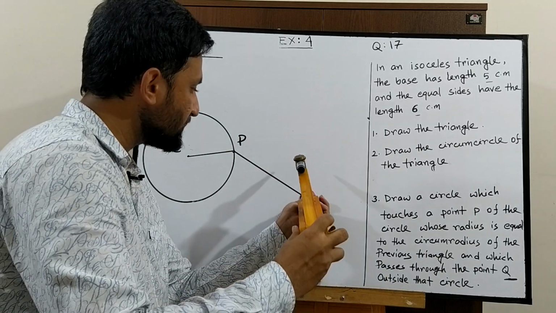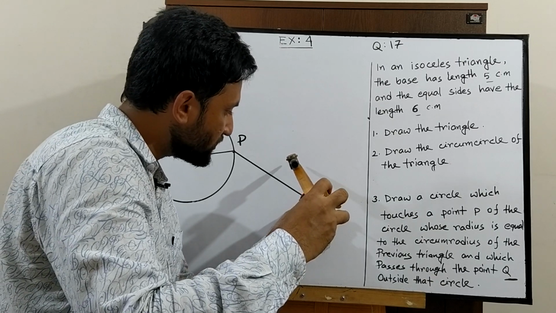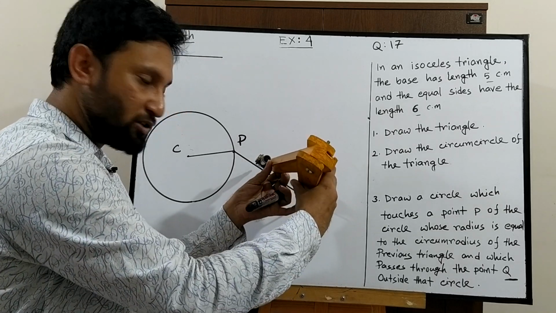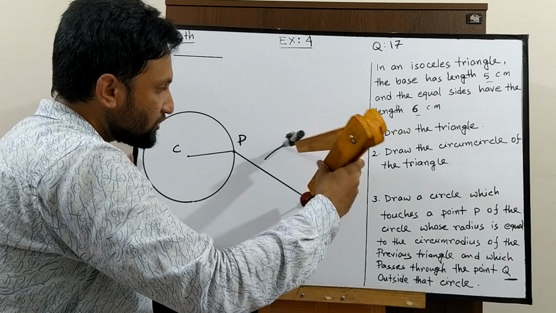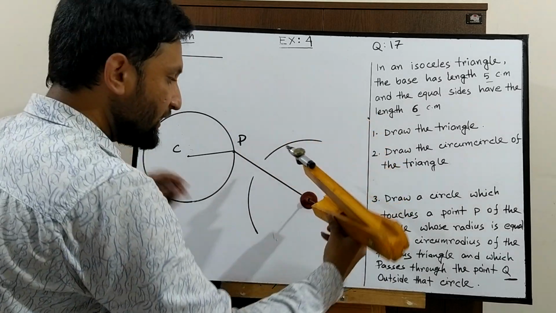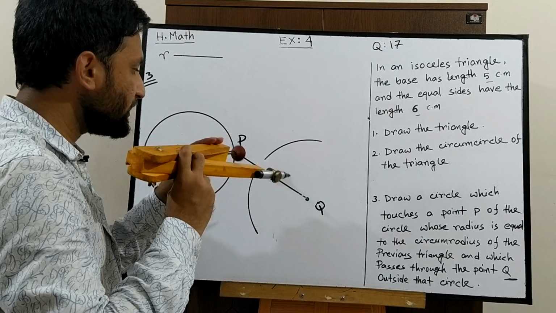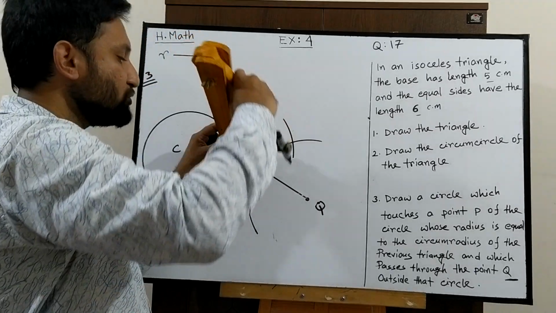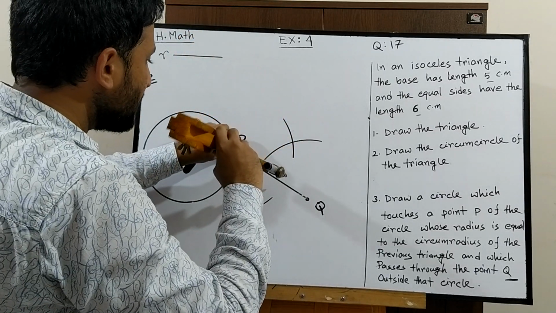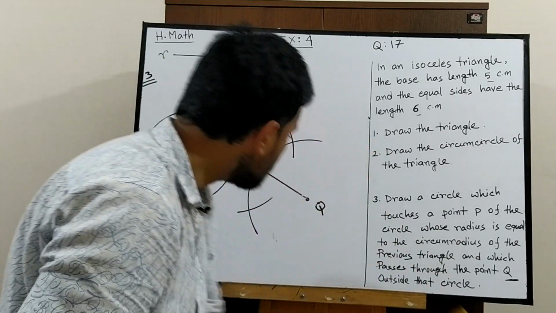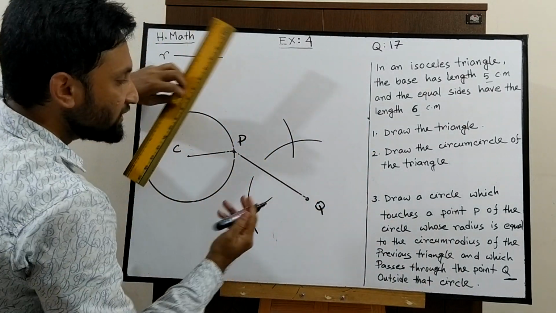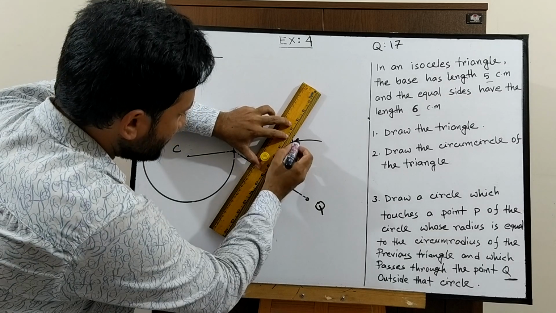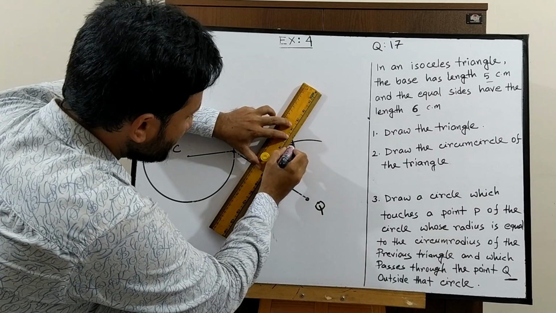At first, set the compass at point Q, and with a measurement of more than half of the PQ line, draw 2 arcs on the right side and left side. Again, set the compass at point P, and again draw another 2 arcs on the right side and left side, and then join the 2 intersecting arcs, that intersect on the right side and left side, and join the line. Here see that the joining line is this.